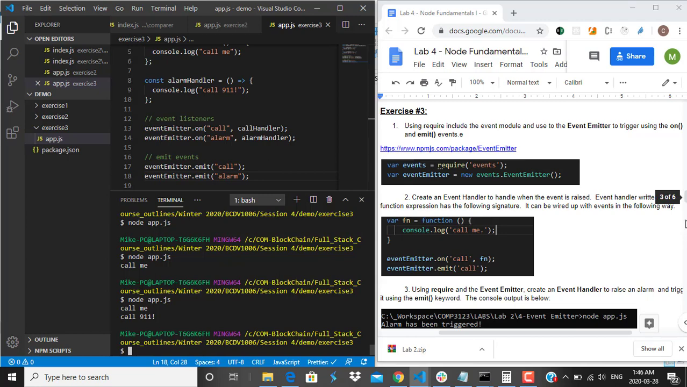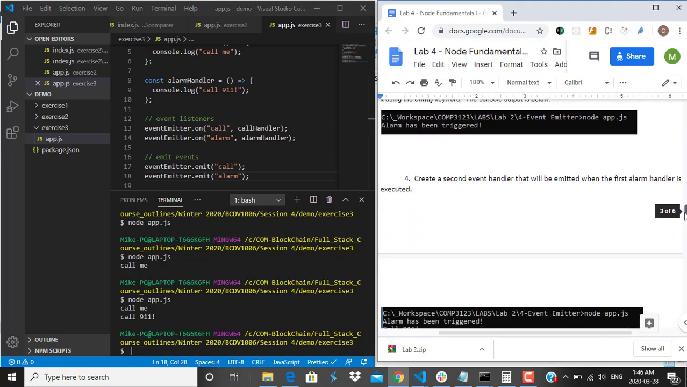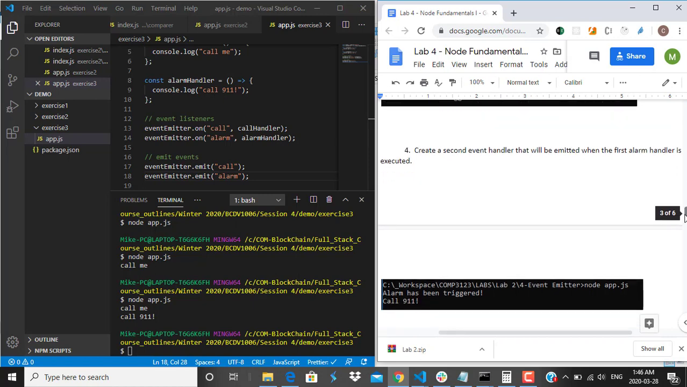So we have the event handlers listening. What did we say? That was part 3. Part 4 is create a second event handler. So it says create a handler, so we have 2 of them that will be emitted when the first one is triggered. So what it's saying is we can change this text here to say just what the exercise says. Alarm has been triggered,